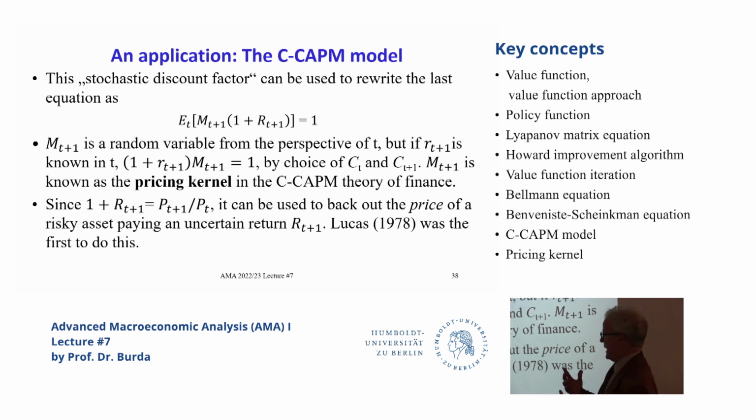Lucas was the first to do this, and you'll see this equation very often. When you introduce money, this will be related to the price level; you have nominal interest rates as a setup. More generally, you can use this to price assets. So if P_{t+1} is the implied price of an asset that pays R_{t+1}, then you can back out the price of the risky asset today, P_t. So the stock market is implied by this. It's basically the